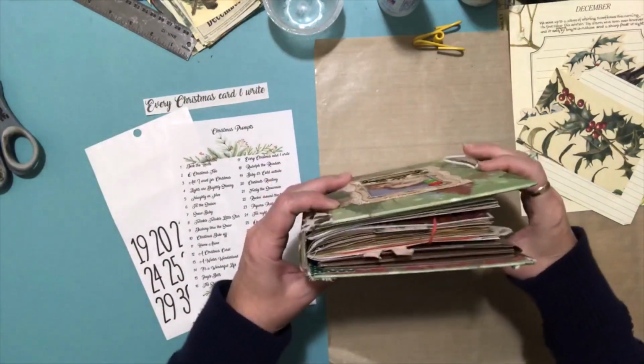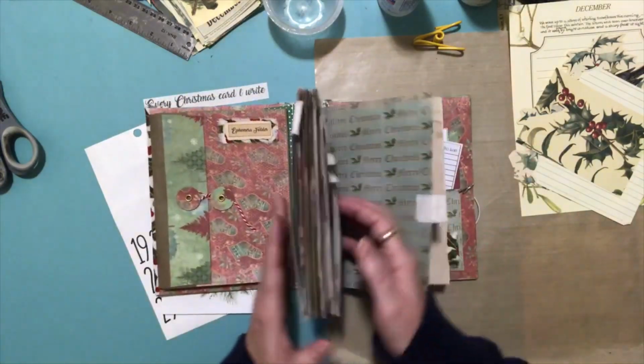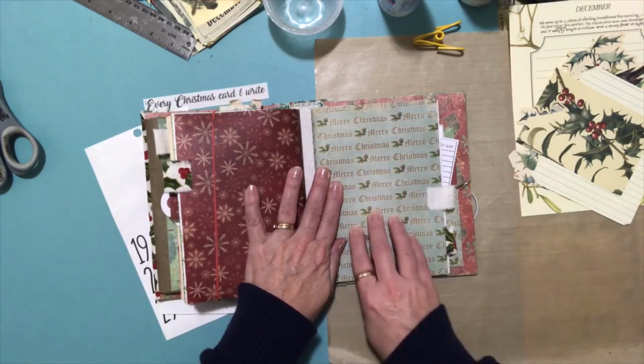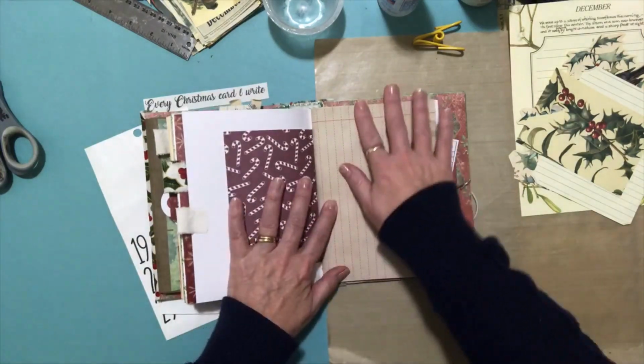My journal is starting to get nice and full. I've put an elastic around the first signature just to squeeze it closed a little bit. We're going to be starting on the second signature in the journal, and my first layout page has